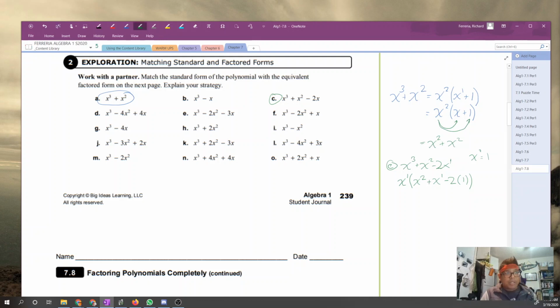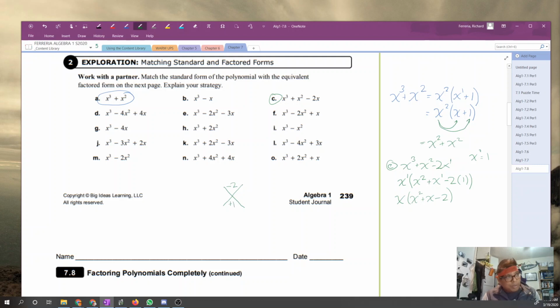So back at it, now I can kind of rewrite that as x parenthesis x squared plus x minus 2. And I can say, well, that's a quadratic trinomial. So I think that requires factoring with the x method. So luckily for me, this is the easy x method. All I need to do is put the negative 2 on the top, the positive 1 at the bottom, and